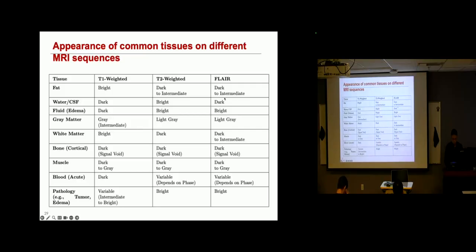So one thing to note is that because the FLAIR is specifically designed to suppress free water, the water will show dark. But you may be wondering why this fluid or edema shows bright. It's different from just free water, because it contains other content like proteins, so it behaves differently from free water. Typically it will also show bright on the FLAIR sequence. So that's why T2 weighted and FLAIR are better able to help you examine those pathologies. Okay.